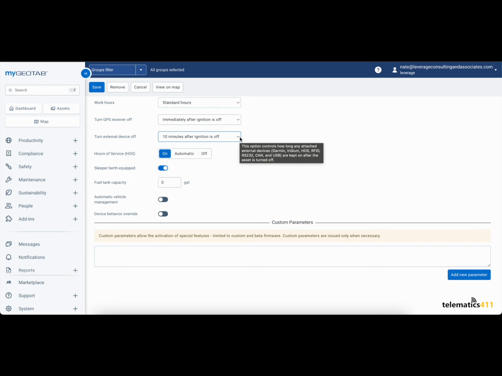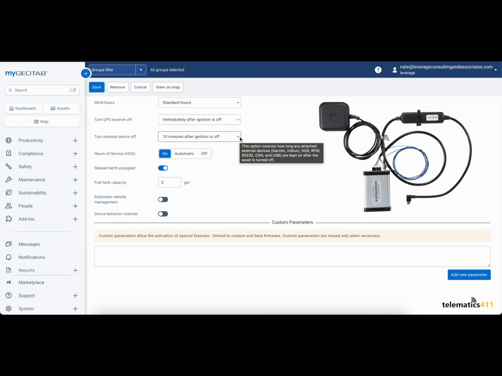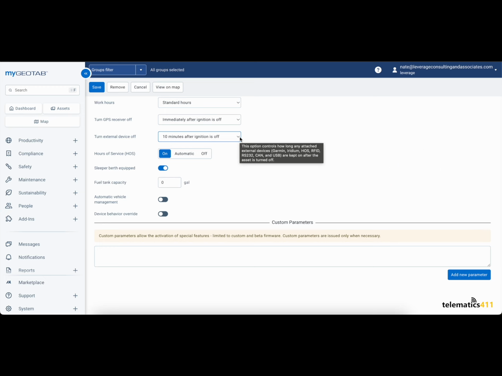These external devices are IOX hardware plugged into the Go unit, such as the one for Iridium satellite tracking, or the IOX-USB that provides an extra connection between the Go device and a driver's phone or tablet for hours of service purposes. Just keep in mind that you'll want to use these sparingly or consult your reseller before changing them to remain on for a longer period of time, as they'll cause your device to draw more power from the